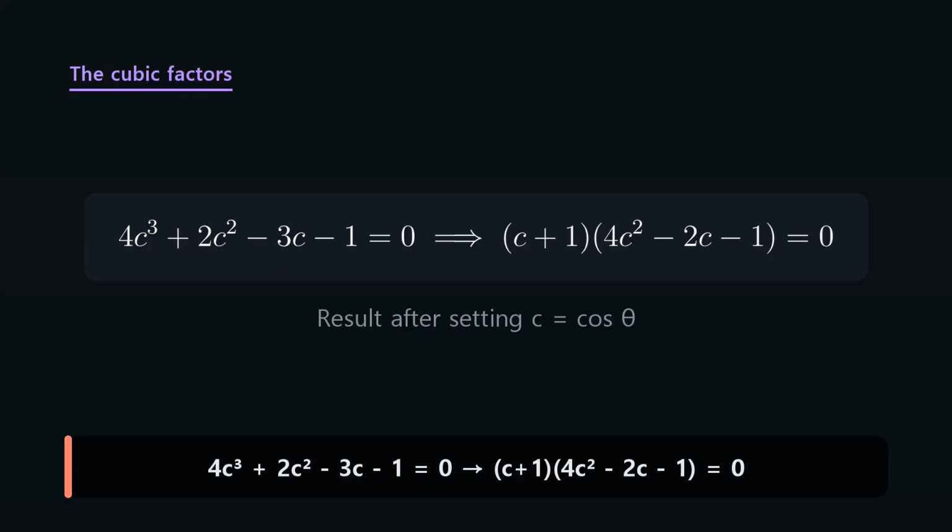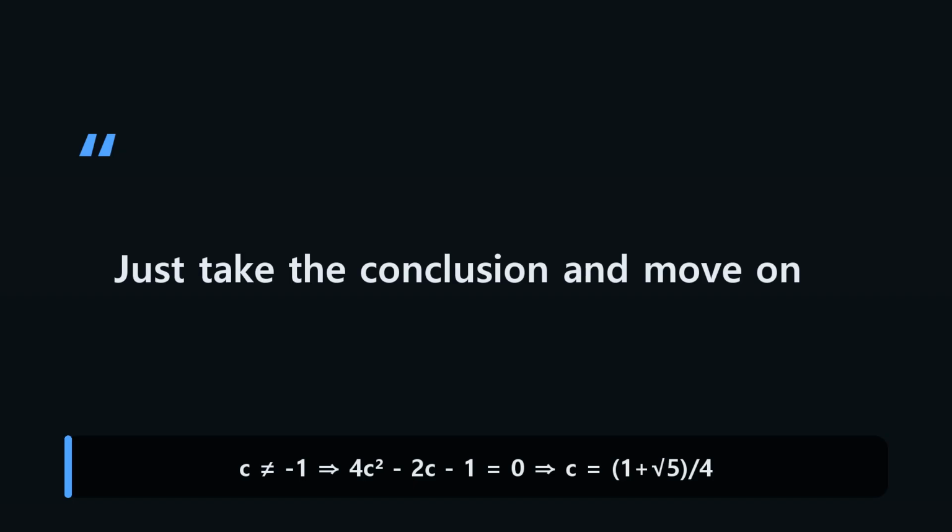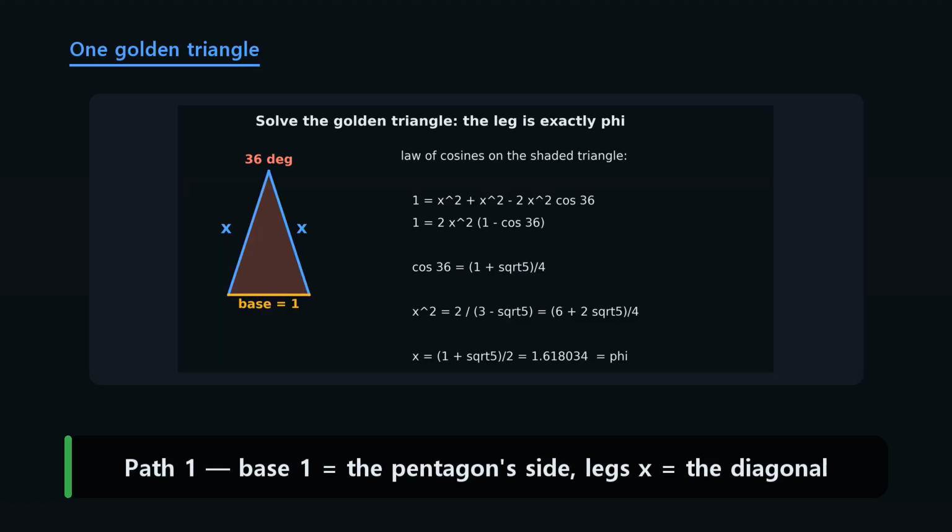Plug in the triple angle and double angle formulas, set C equal to cosine theta, and the cubic splits into a product. C is not -1, so the quadratic on the right gives the answer. Feel free to just take the conclusion and move on. Path 1. With that value in hand, let's pull out the triangle we shaded red earlier and look at it